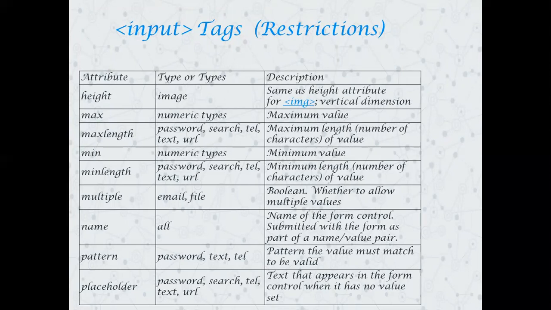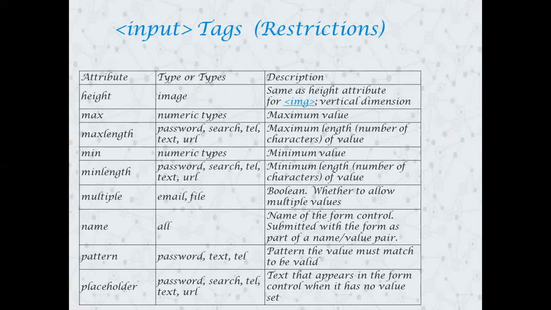Multiple is used when you want to upload multiple files. You have seen in a Gmail account what we do when we send a number of files: we just drag and drop the attachments. Similarly, if we want to send to one or more persons, we put all the mails separated by commas. This is done with the help of the multiple attribute, which allows multiple values, and it is used in boolean form, that is the boolean algebra.